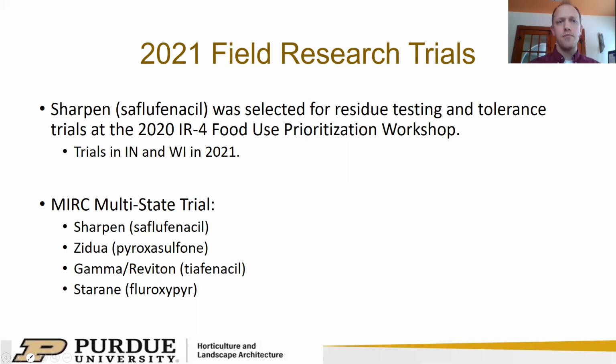And essentially, we're looking at Sharpen. I think it's at a 1X, a 2X, and a 3X with a non-treated and a grower standard, just to see what it looks like in Indiana. Try to get more data to support a registration for Sharpen in mint. And then the other thing is the MIRC multi-state trial. Those treatments will focus on Sharpen, Zidua, and for the Pacific Northwestern states, I think they may not look at Zidua by itself, but combine it with other herbicides, particularly some of the post-emergence herbicide products that are available. We'll look at Tyfenicil, and then there's also an interest in Star Rain as well, which has kind of a niche